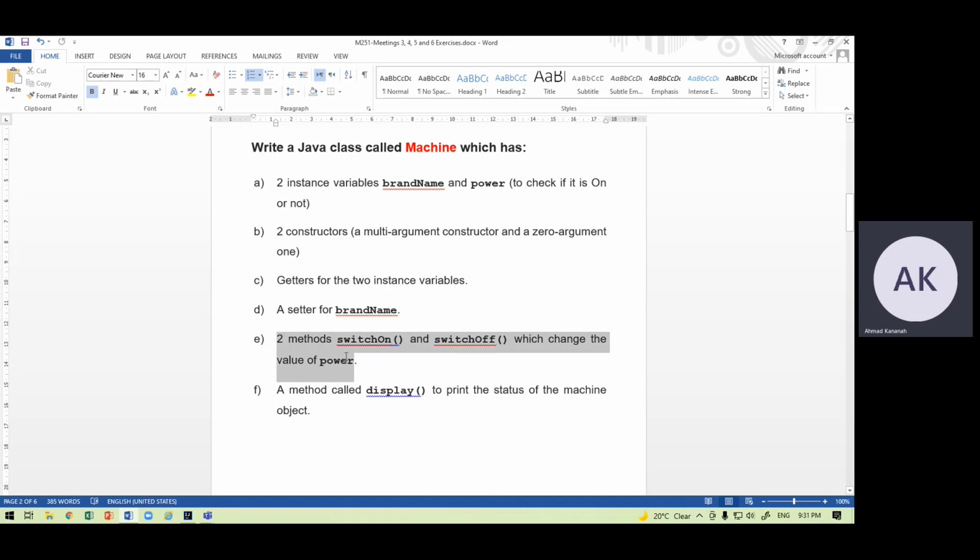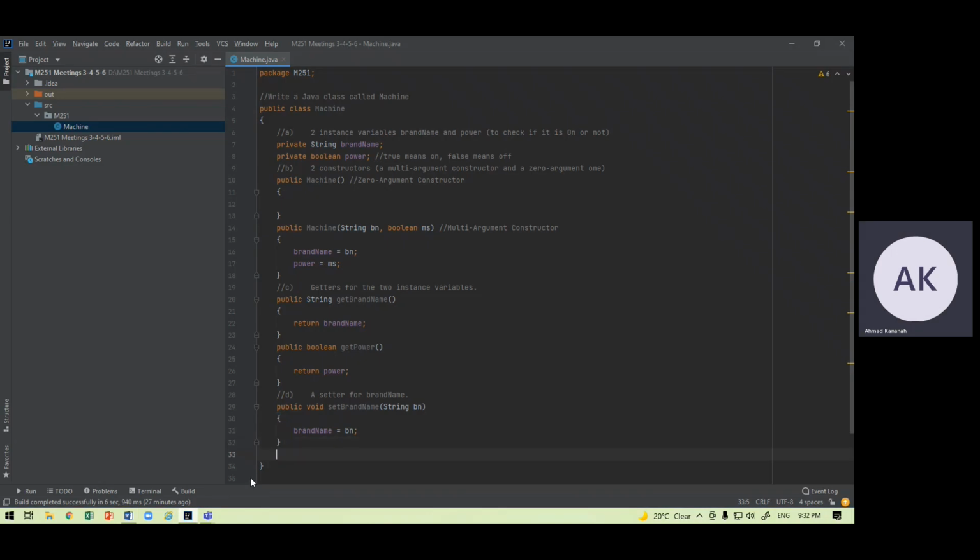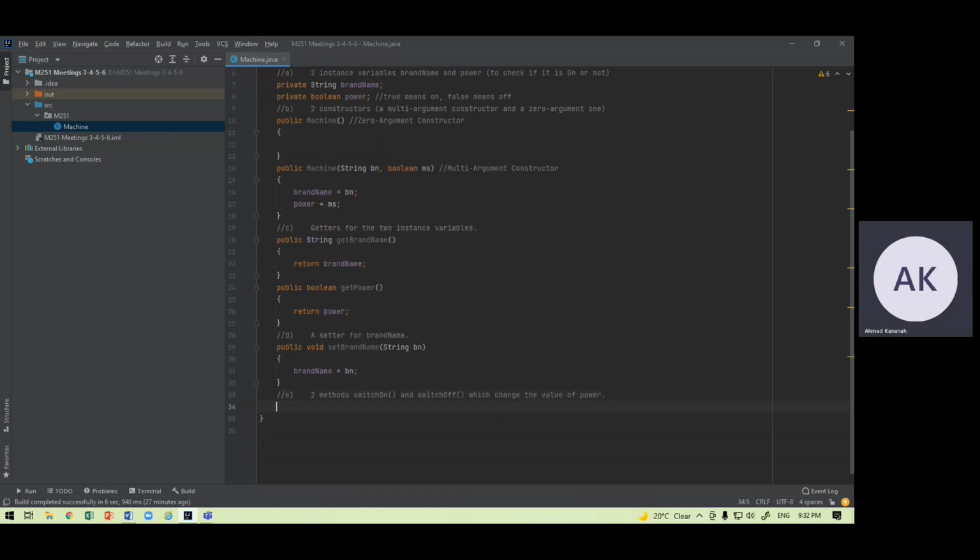So now we need to add these two methods. Public void